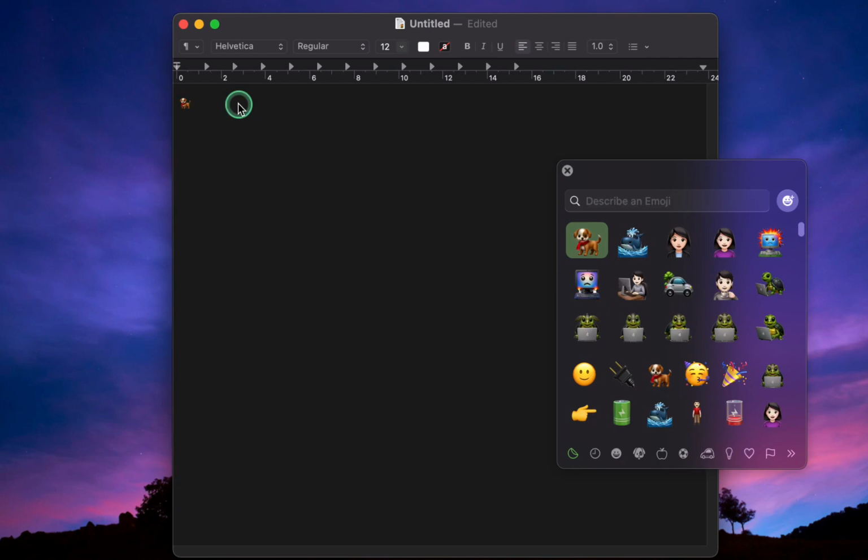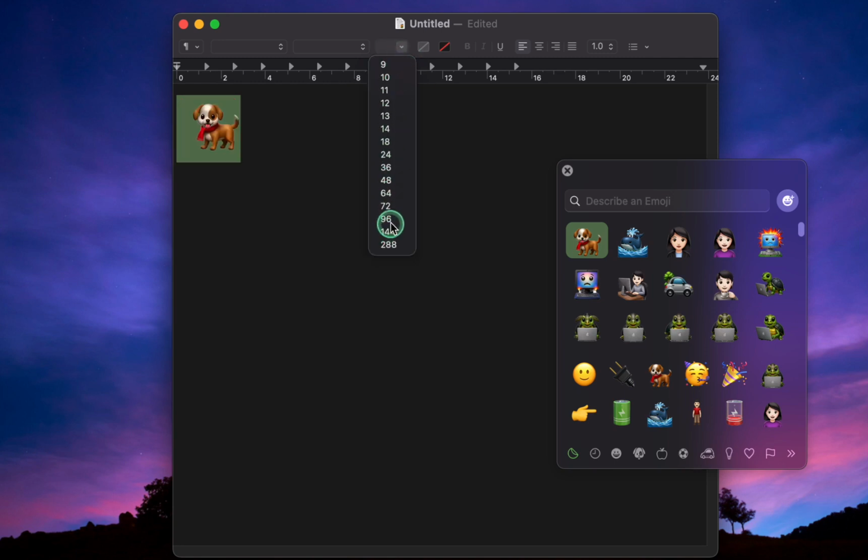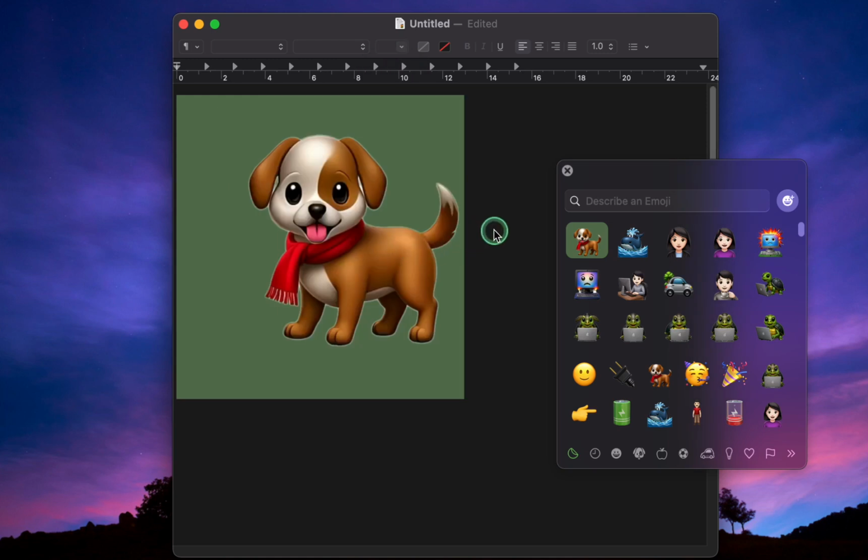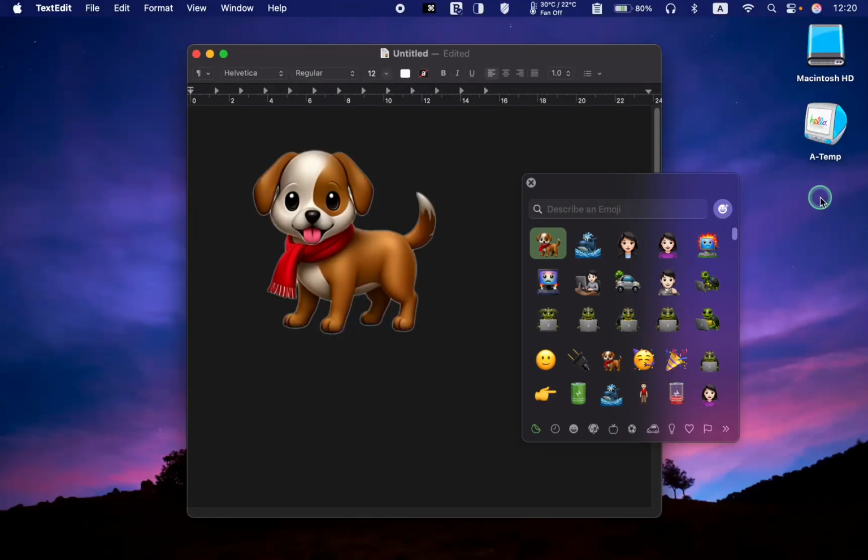To increase the size of your Genmoji character, select it and then set the font size to 64, 96, or 288. To save your emoji and use it as a JPEG or PNG image in other applications, take a screenshot